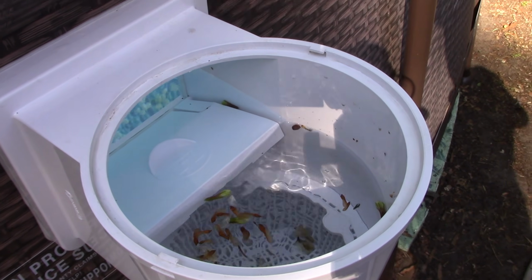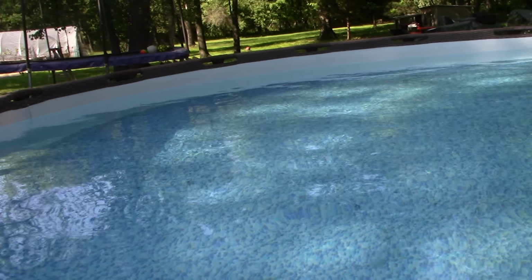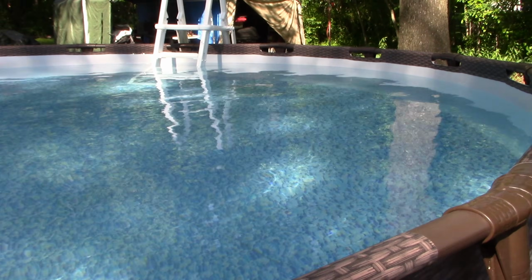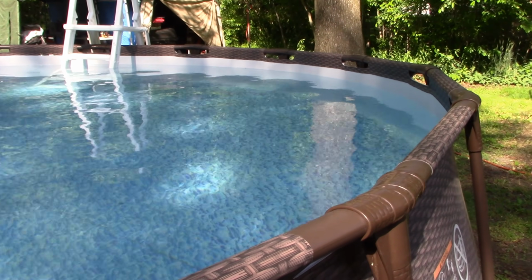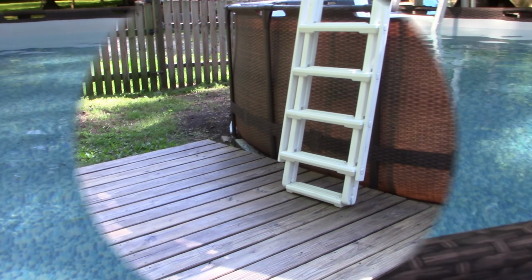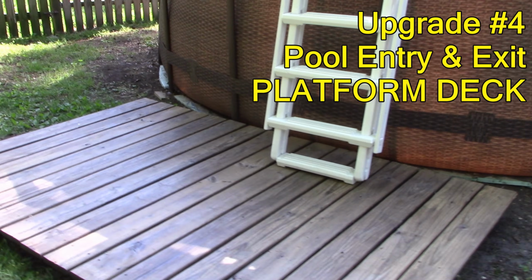collecting all that debris that enters on the surface of your water. And it's going to keep my pool cleaner, and I'm going to spend less time with that net cleaning the surface of the pool. Another great upgrade that I want to recommend to you is a small piece of decking,